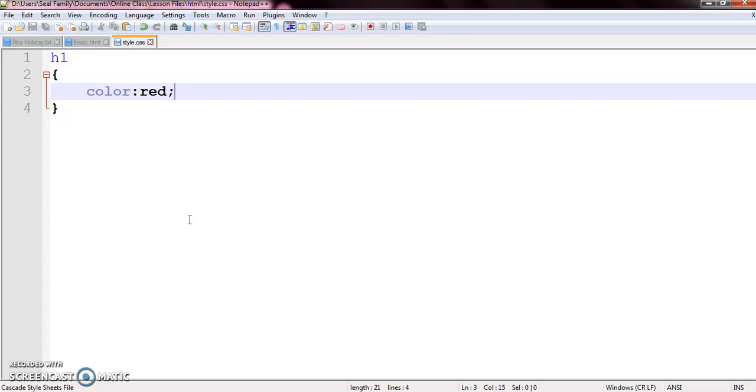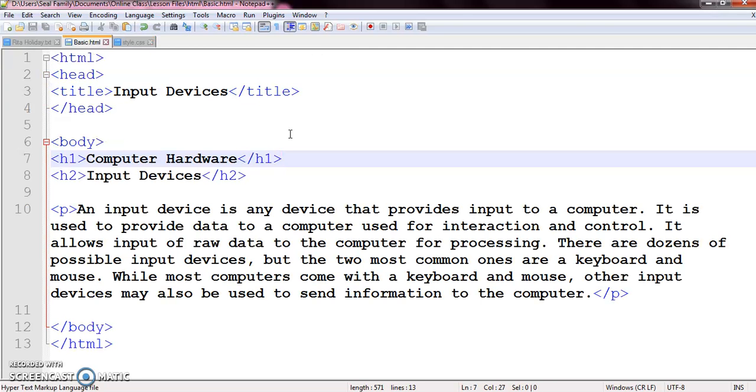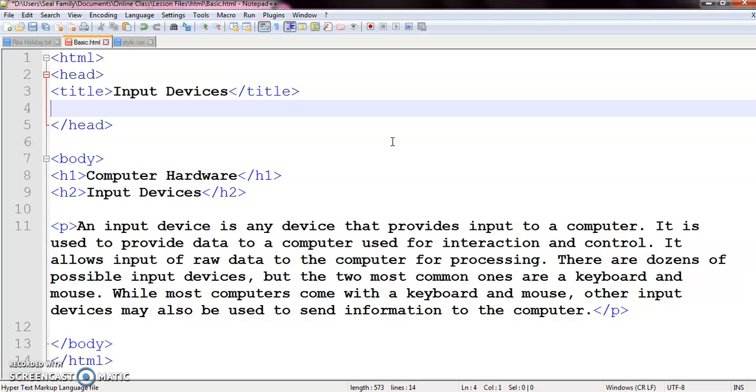Now all I have to do is to link this CSS file with the HTML file. This linking is necessary because the style sheet is written in a separate file, not inside the HTML file itself. So to link the CSS file with the HTML file, we have to use the link element.